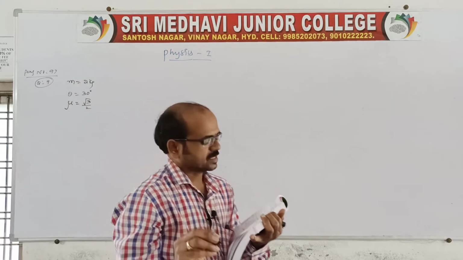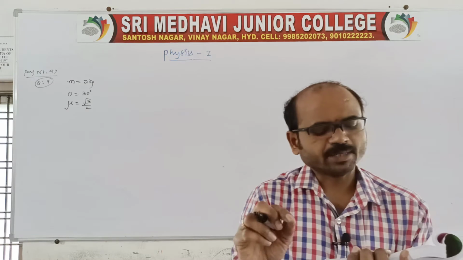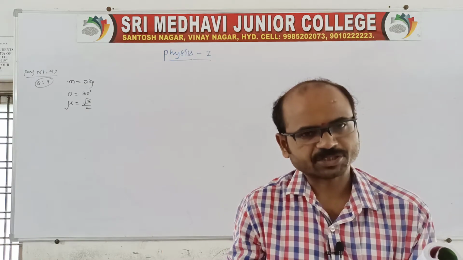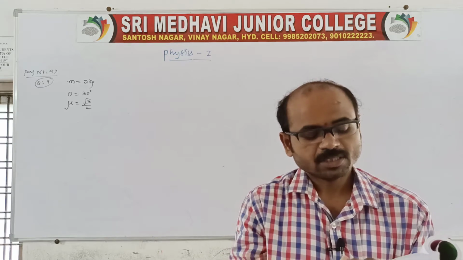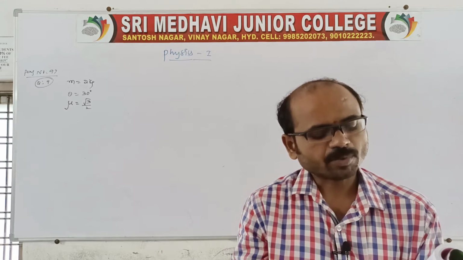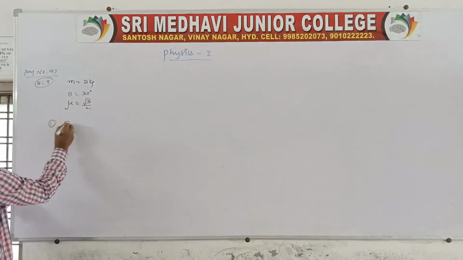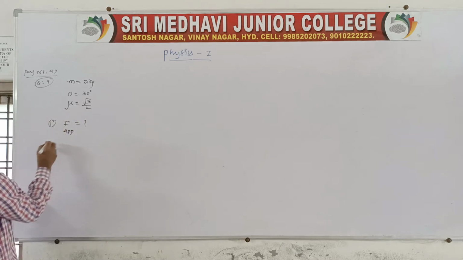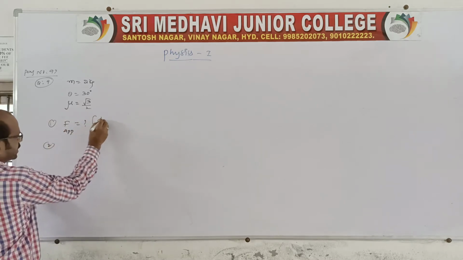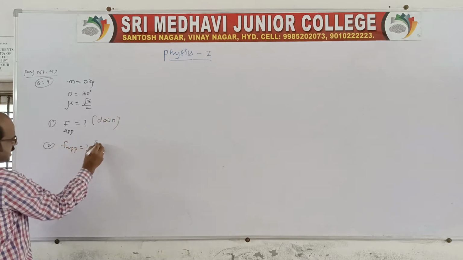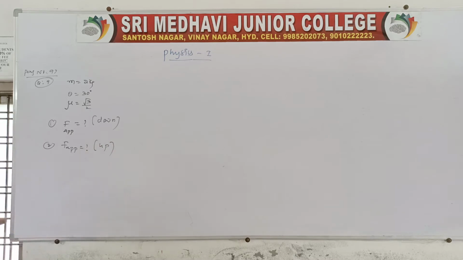And here the first one is asking, what force should be applied to the block so that it moves down without any acceleration? See, what force should be applied on the block so that it moves downward? The first question is asking for the applied force. The second is asking the same, find the applied force when sliding up. Of course we know the formulas, we just now derived both sliding up and sliding down.